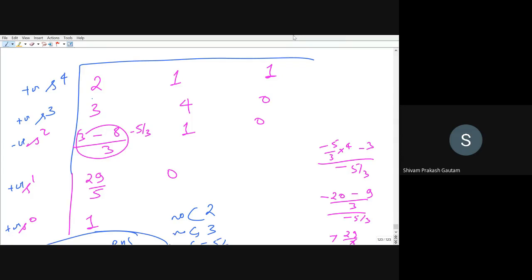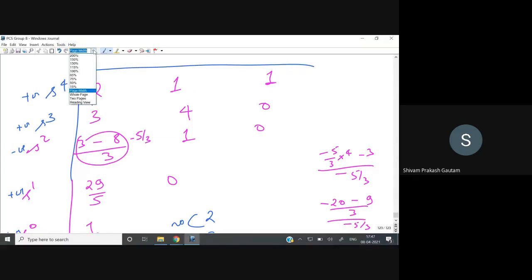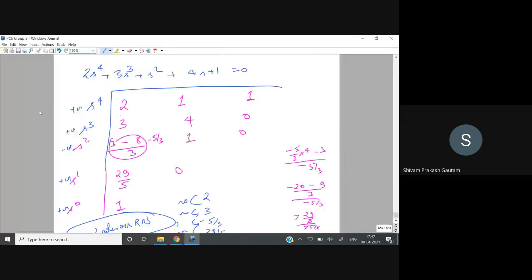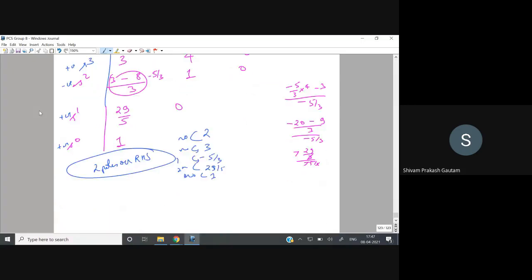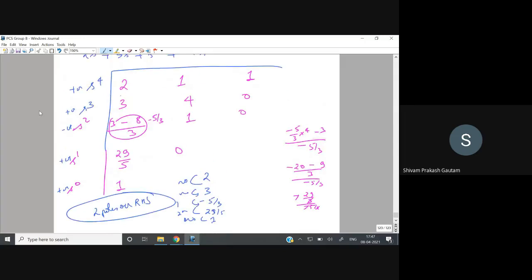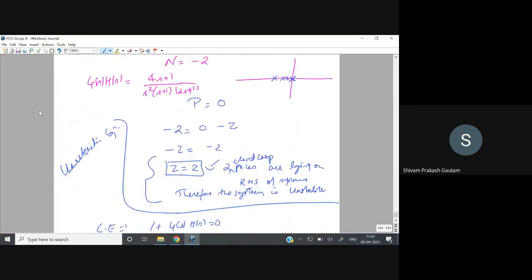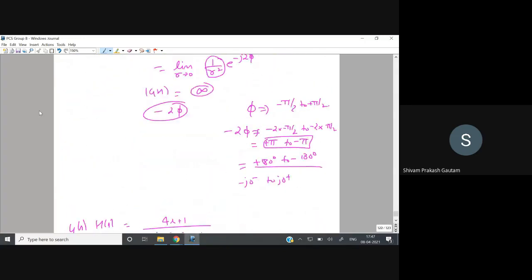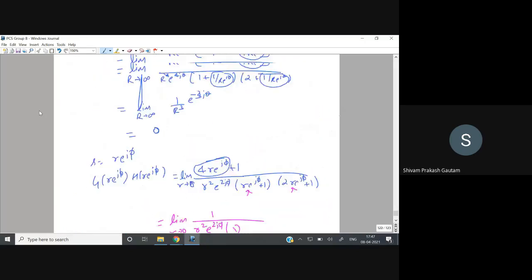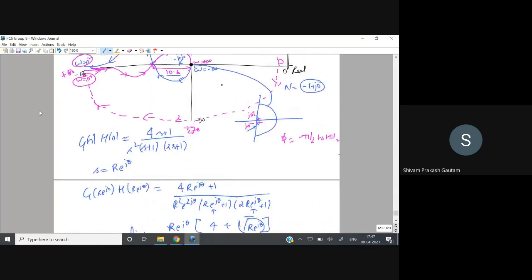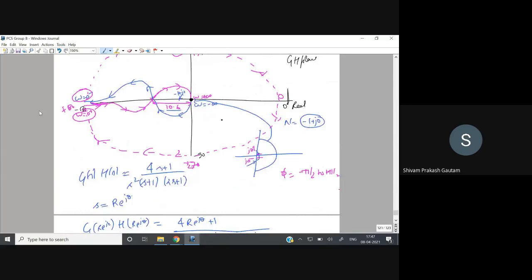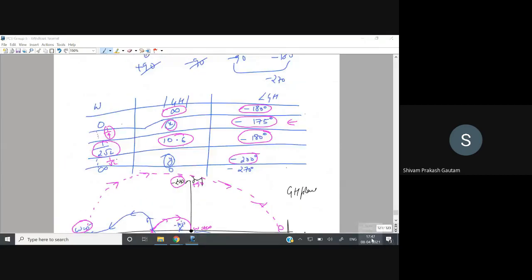I have shared some assignments of the other sections. You solve whatever problems are there, and if you face any difficulty, let me know. Apart from that, I have also shared the notes. A few of the problems I have not covered, so you solve those as well, and if there is any doubt, let me know. So this covers the Nyquist stability criteria, and only one topic is remaining now, that is Bode plot. We will be covering that in 2 or 3 lectures, and that will end our syllabus.